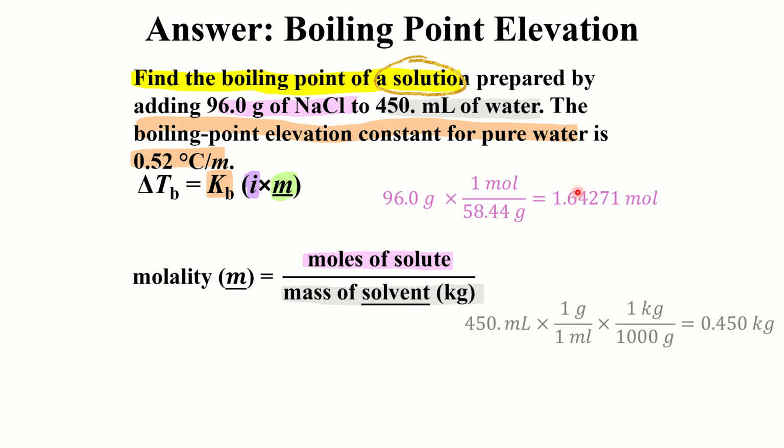Then we're going to find the mass of solvent. So our solvent here is water, and we've got 450 milliliters. We're again going to assume that its density is 1 gram per milliliter. So we'll convert from milliliters to grams by multiplying by 1 gram over 1 milliliter. Then I'm also going to convert from grams to kilograms, right? See here that milliliters would cancel, grams would cancel. This would give my answer in kilograms, and I get